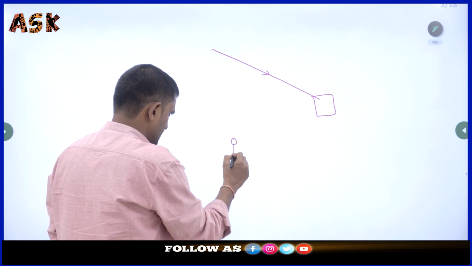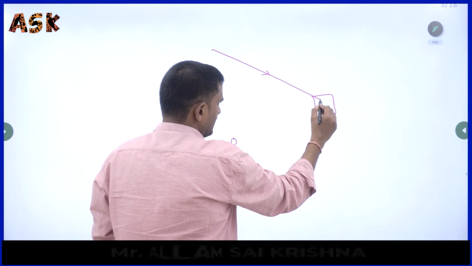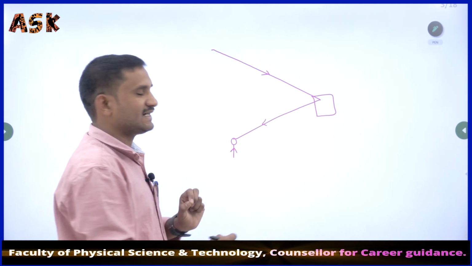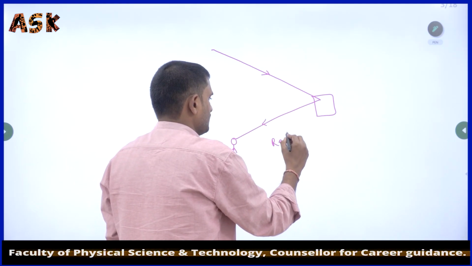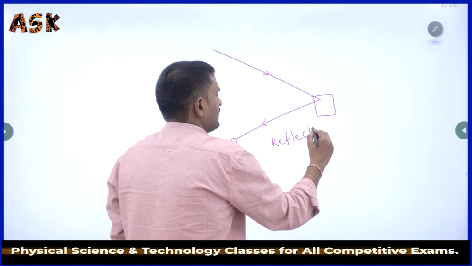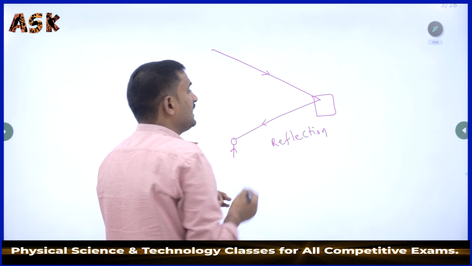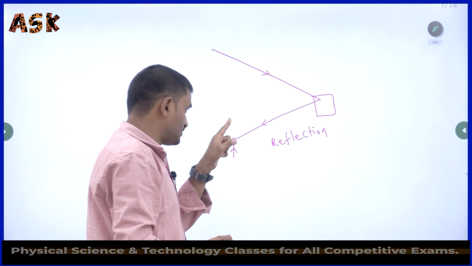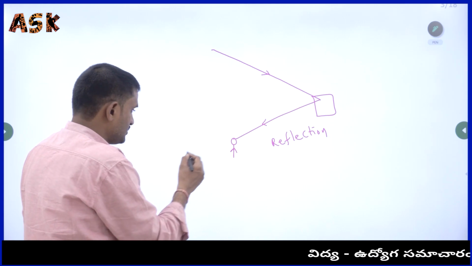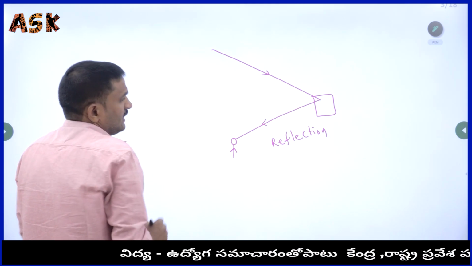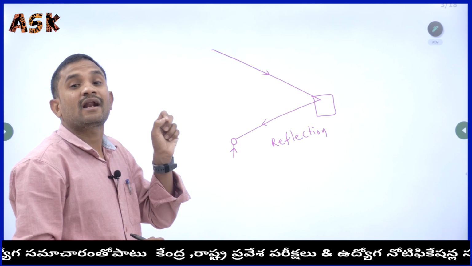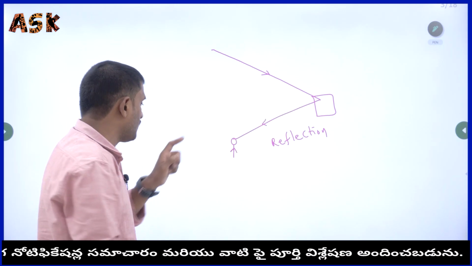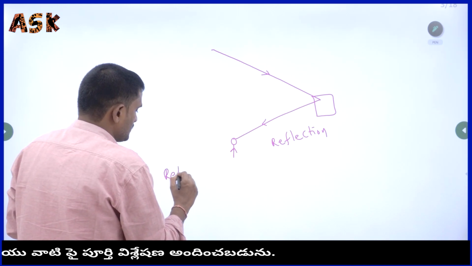Yes, these light rays are moving back. Moving back means what? Reflection. Yes, it is a reflected ray. When the reflected ray reaches your eye, your eye consists of the retina. That means this reflected ray directly reaches your retina for about